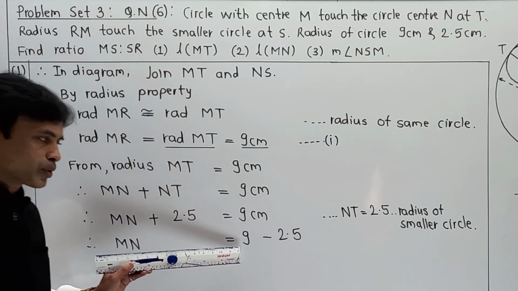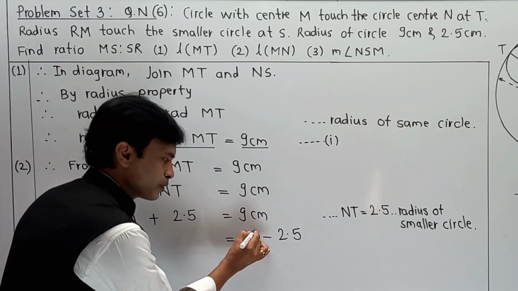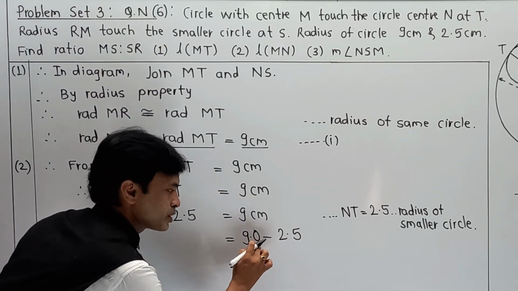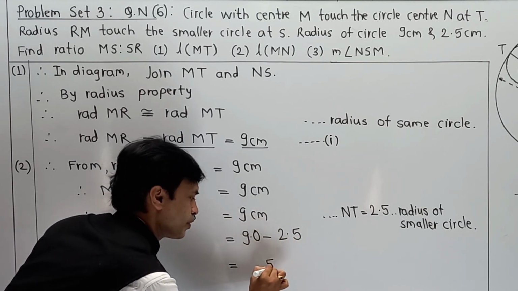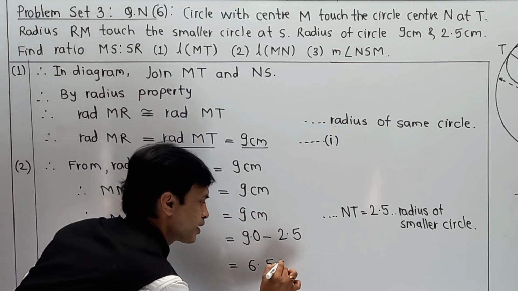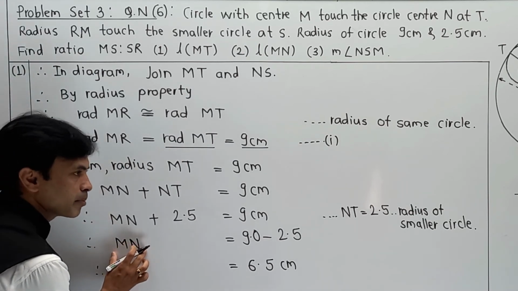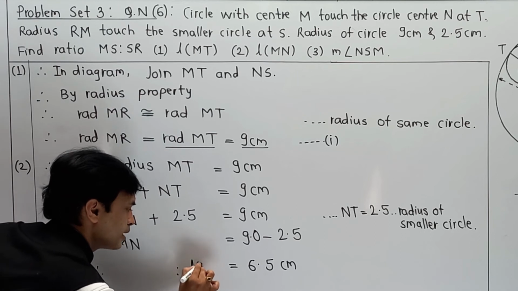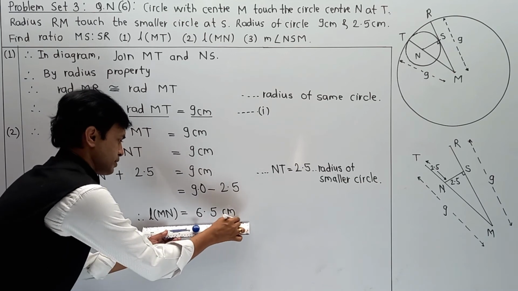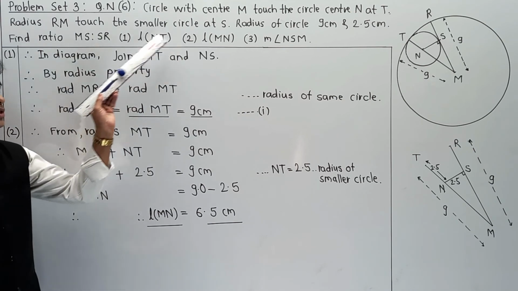If anyone has a doubt about 9 minus 2.5, you can simply write it as 9.0. That will be helpful for you. So it becomes 9.0 minus 2.5. So 0 minus 5, or 10 minus 5, it becomes 5 and carry 1. So 9 minus 3, that is 6. So it becomes 6.5 and the unit is centimeter. And that is the evaluation of your MN. Either you can say MN or I am going to write it as length MN. And that is your second answer. In this way we are able to complete two parts, first as well as second.